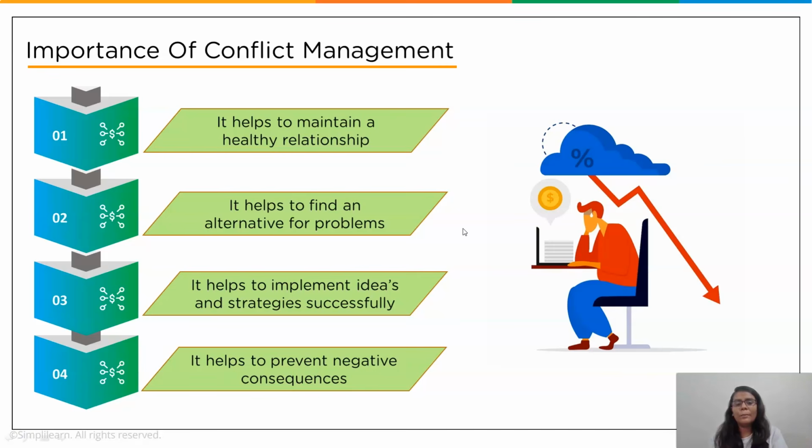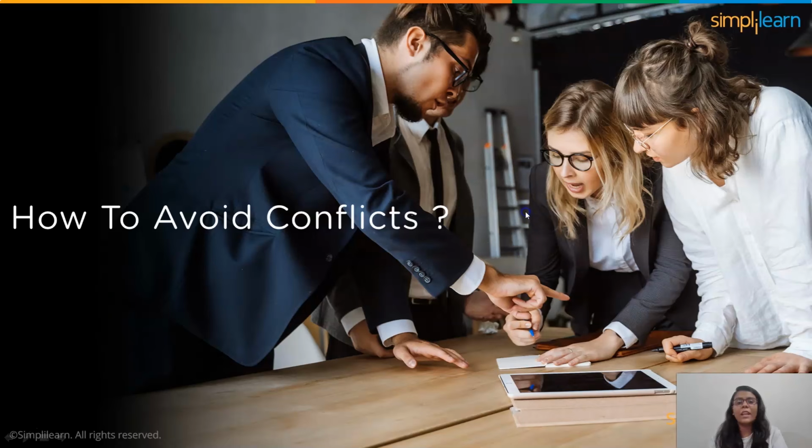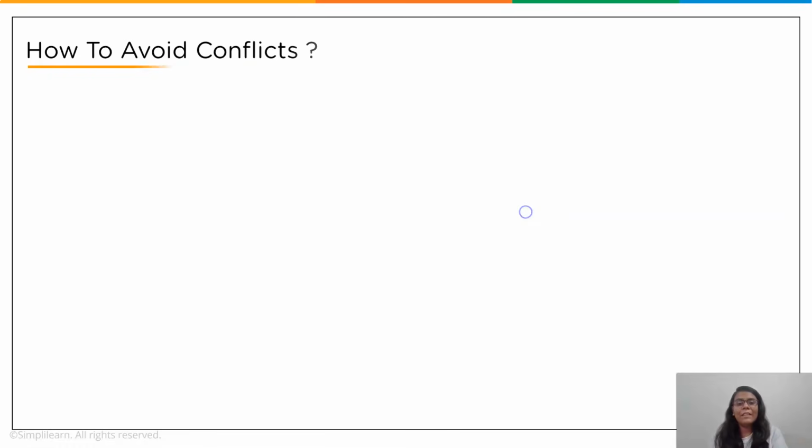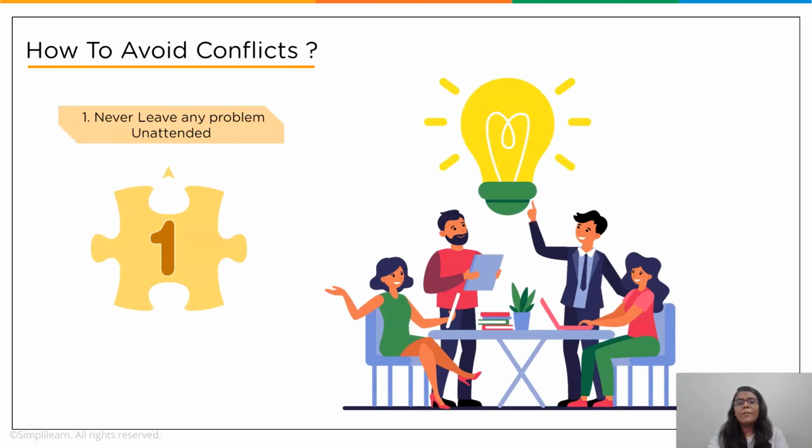Now that we know the importance of conflict management, let's have a look at some of the options through which we can actually avoid conflict at the base. So the first one is never leave any problem unattended. Problems are bound to arise in a working environment as no individuals have a huge count at the workplace. Never leave any problem unattended, as a small problem can eventually become a major reason to spoil the entire process. The problems must be addressed at the initial stage, and all related employees must act in an open discussion, providing the reason for the conflict to arise and a solution towards the same.